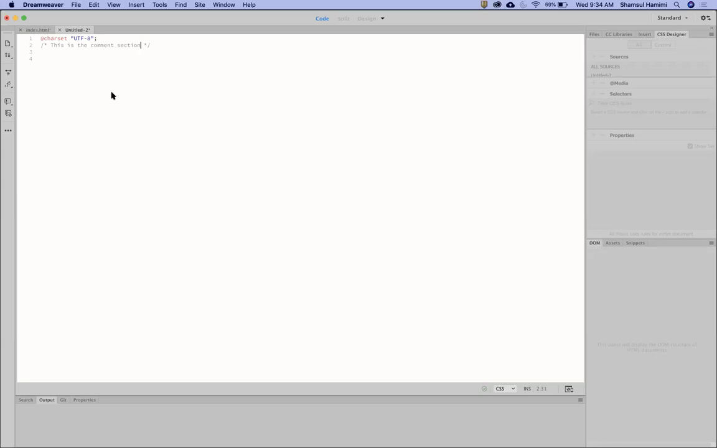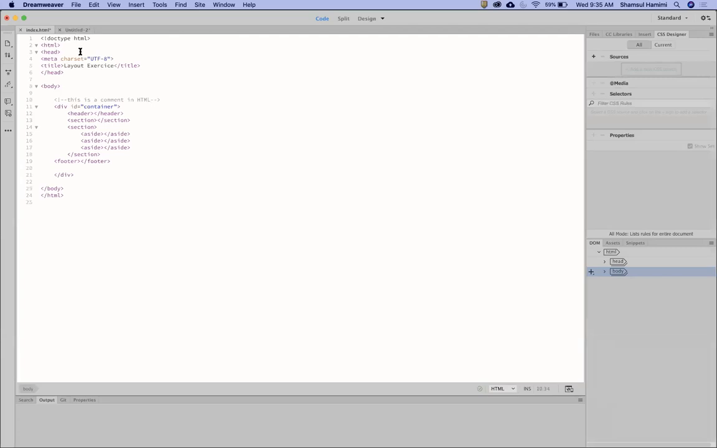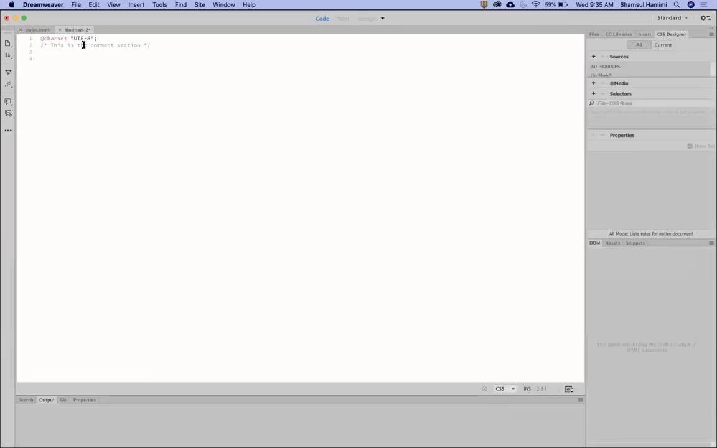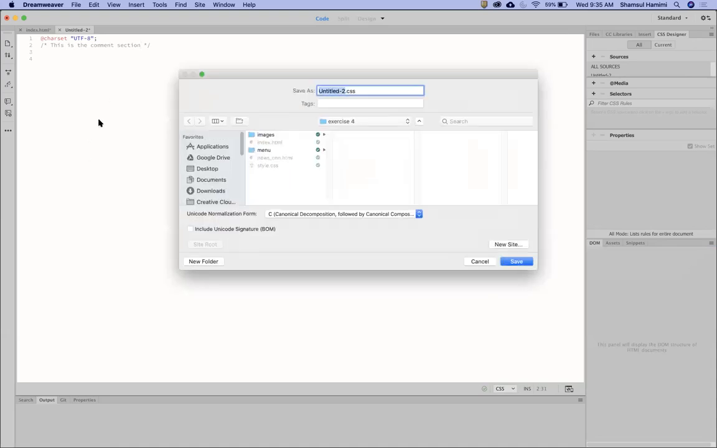Okay. Right. So once you have created a new CSS file, you cannot change the view. You only have one view for a CSS file. So that is the difference between an HTML file and a CSS file, so that you can see the difference in Dreamweaver. Okay. So once you have that, don't do anything yet. You need to save this file. I'm going to save this as style